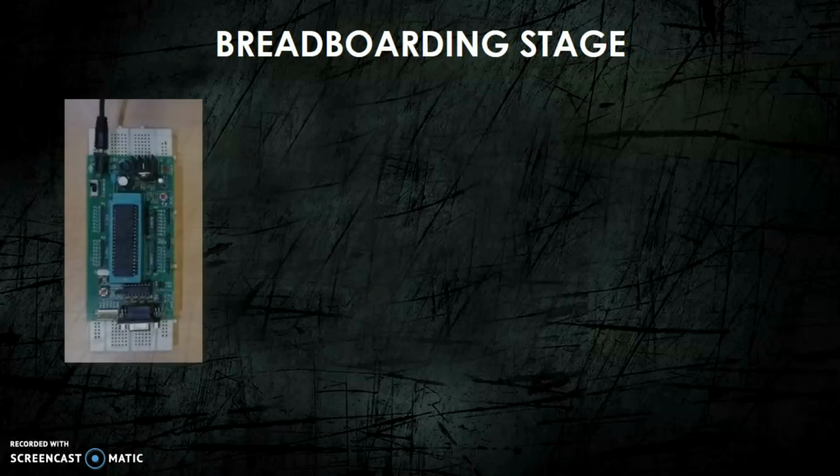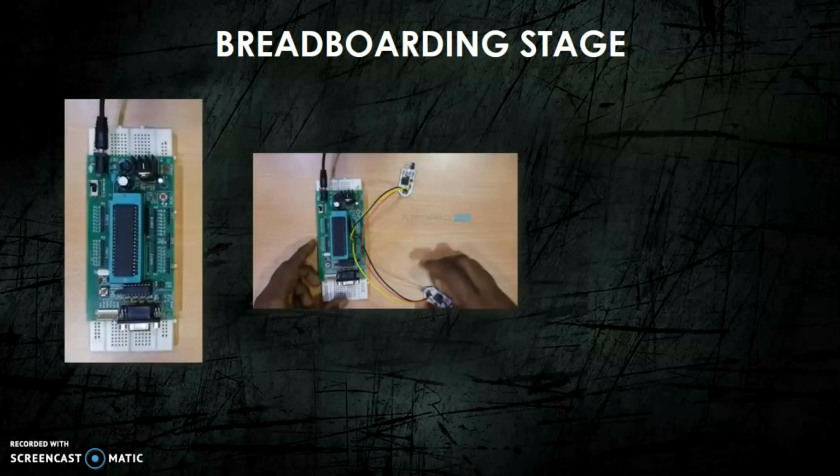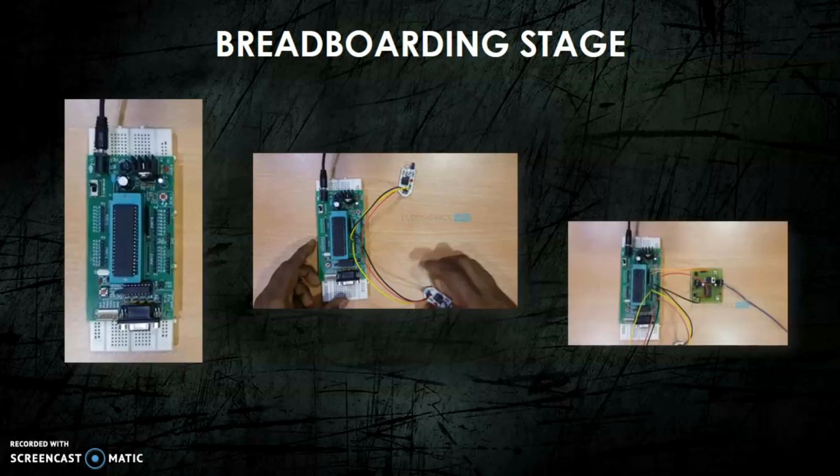For the breadboarding stage, the mandatory connections for the 8051 microcontroller include the oscillator circuit, reset switch, and EA pin. A crystal oscillator of up to 20 MHz can be used as a source of external clock. In this project, an 11.0592 MHz quartz crystal oscillator is used, and two capacitors of 33 picofarad are used to complete the circuit. Finally, the EA pin is pulled high using